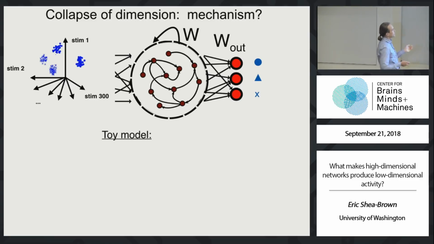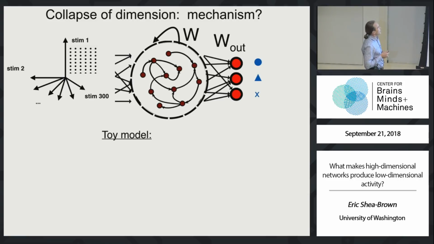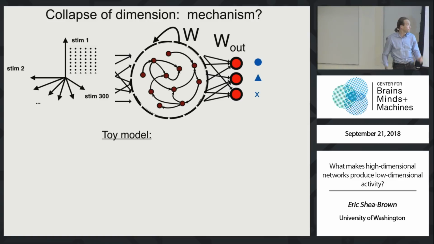All right, so first stage in building up a toy model to try to explain where this dimensionality compression comes from. And again, interrupt me if anything's unclear, if you want to object, if this looks like your homework problem or something, let me know. First stage in building up a toy model is as follows. Take all the example points of one category, say all the Tommies, all the circles, and replace them just by a grid of points instead of a bunch of clusters. The only point of this is so we can easily visualize what's going on.